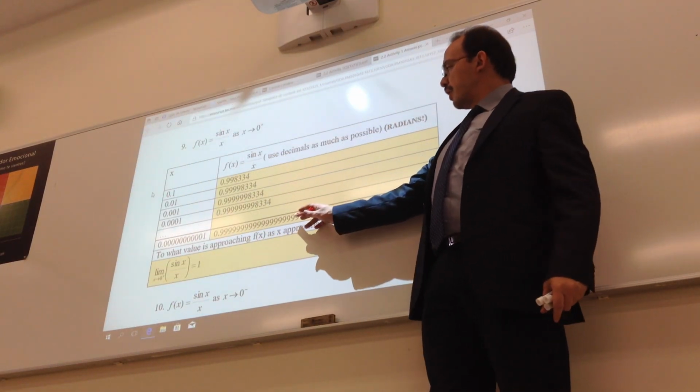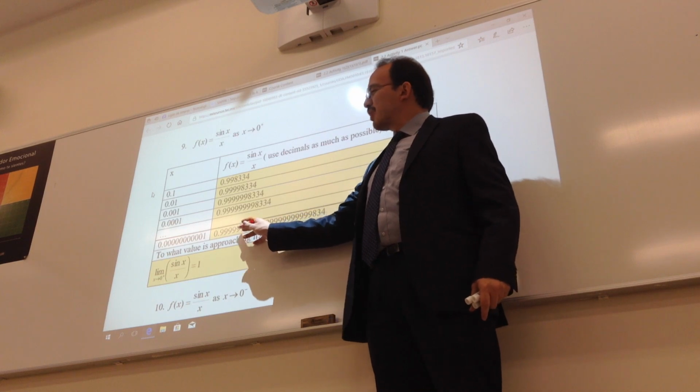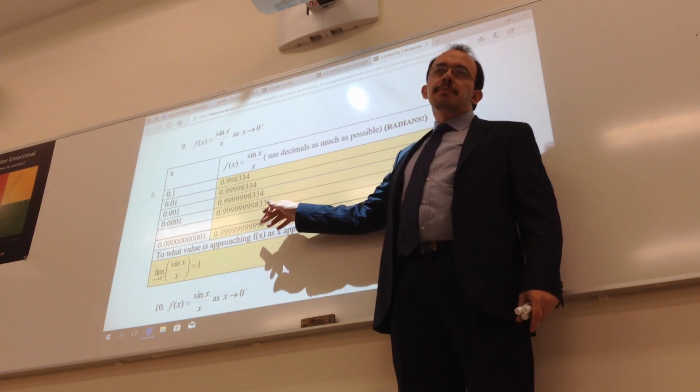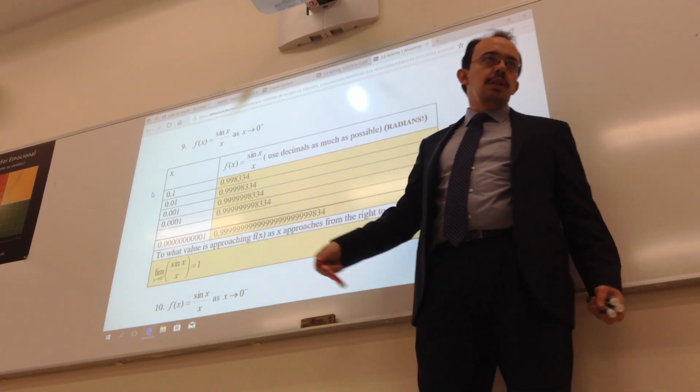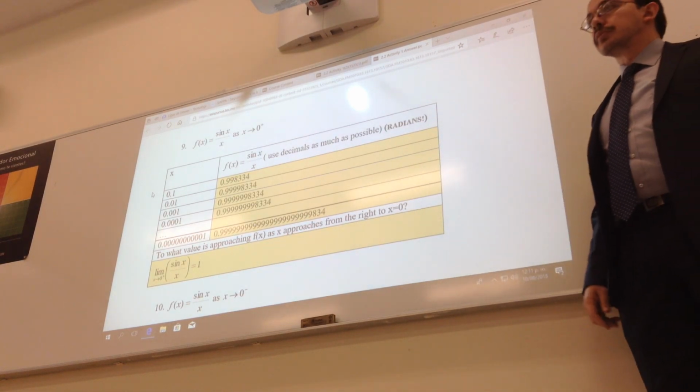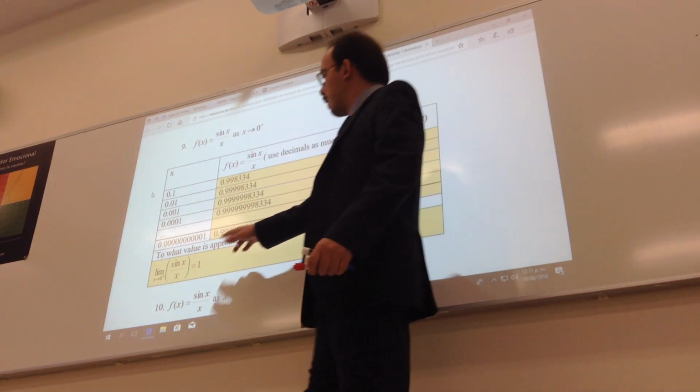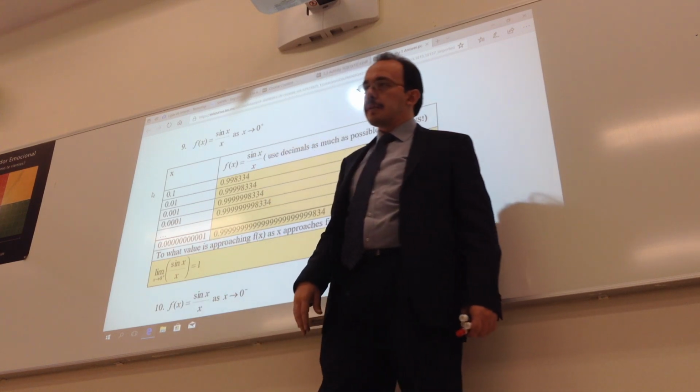Some of you told me yesterday that the answer here was 1 also, but that's because the calculator rounds the number. But still, it approaches 1. So if you put 1 in the side, it's going to be 1. No, because that will be the question. Find the limit of this, and the answer will be 1.